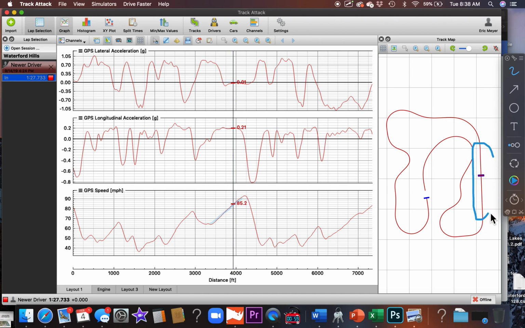Look at that right there. By the way, that includes part of the braking zone. Do you see that? Right about there? Because in this particular case, we're braking in a straight line. If we were coming over to